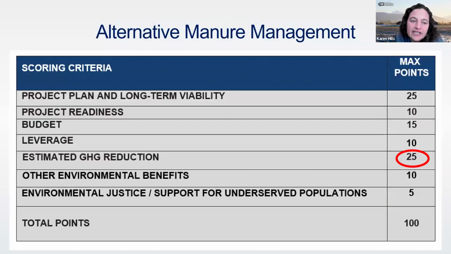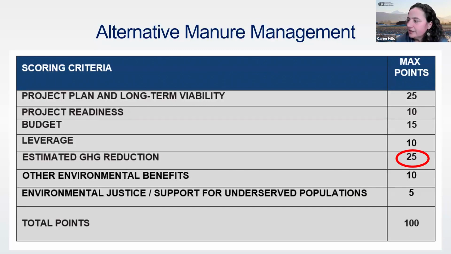So this is the scoring criteria for this funding opportunity, the broad brushstrokes of it. And you can see that a quarter of the points are really related to the estimated greenhouse gas reduction, which is the reason why it's really important to have a tool to estimate that. And that's where we landed on,